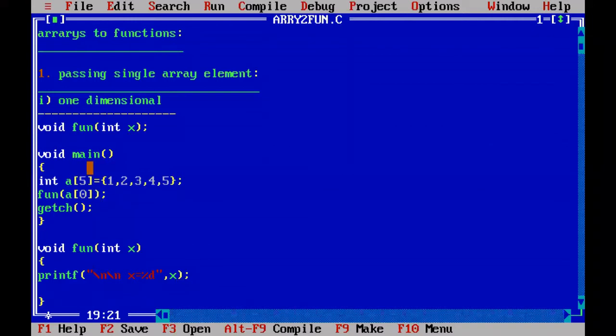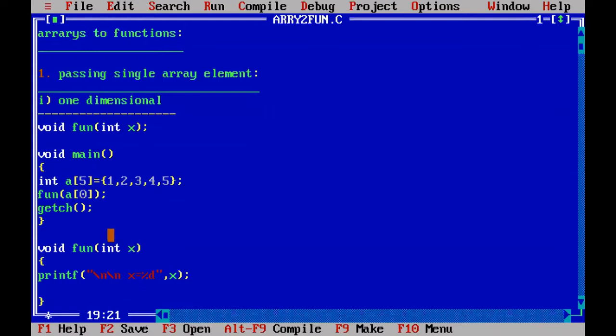To the user defined function fun, we pass an array of elements, integer a of 5 elements, 1 to 5. It will accept only one integer element x. So I am passing only one integer element out of the 5 elements of array a: fun of a of 0. A of 0 means 1. That 1 is passed to x. Now the x value is 1.